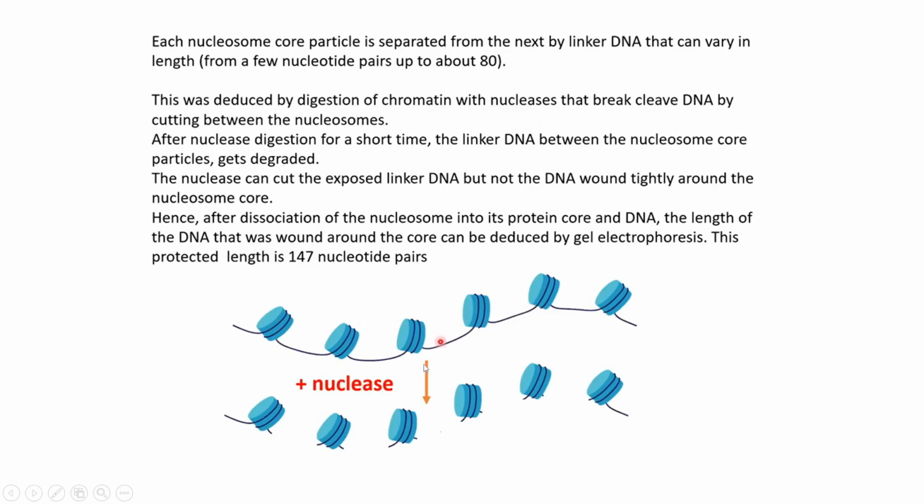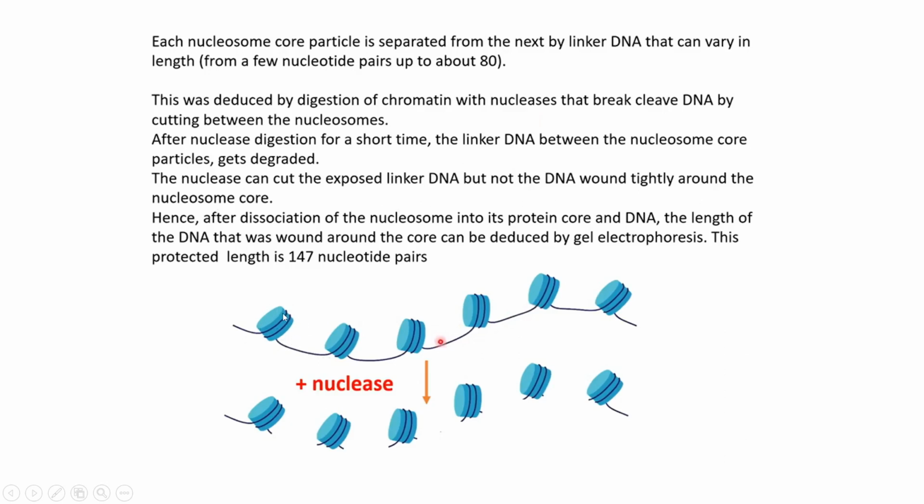Linker DNA can be cleaved, and you can identify how much DNA is attached to the histone proteins. After nuclease digestion, the linker DNA between the core particles gets degraded. The nuclease can cut the exposed linker DNA, but not the DNA wound tightly around the nucleosome core,